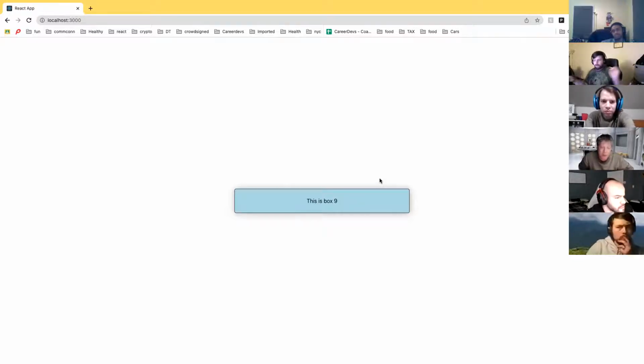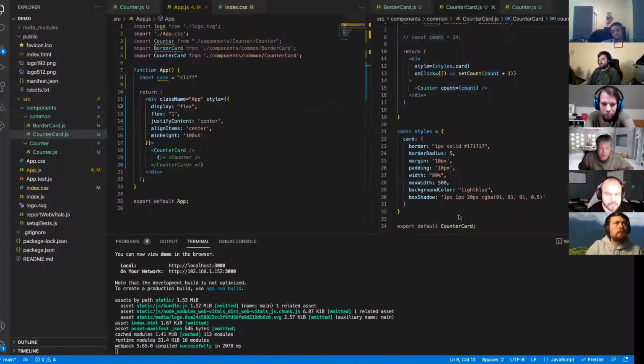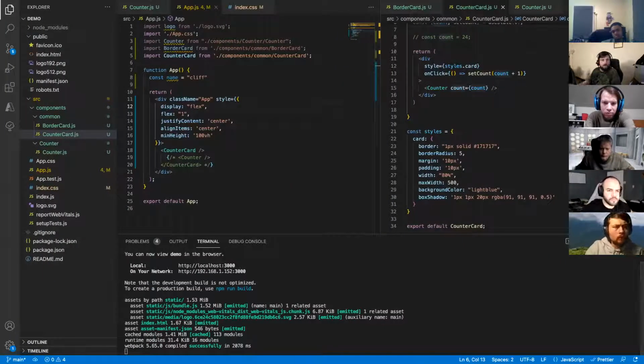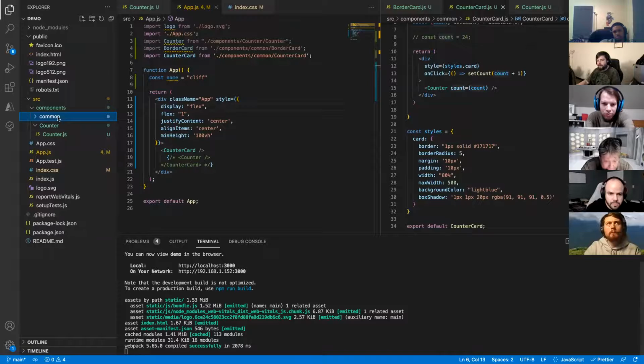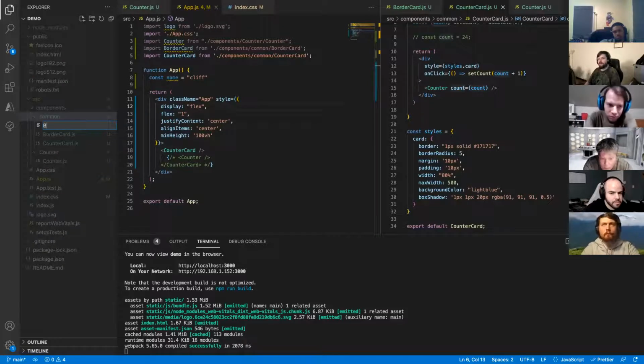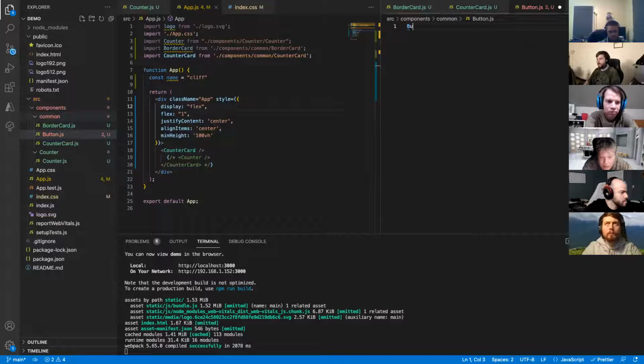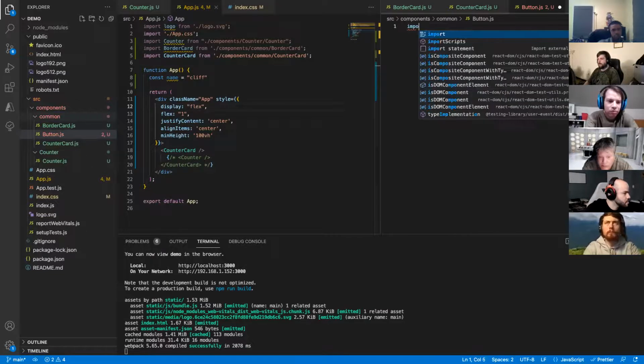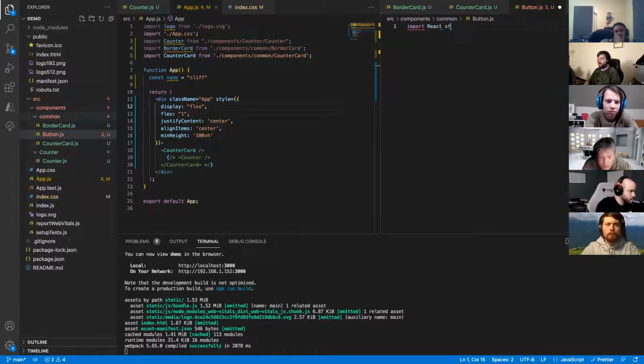So we're gonna go back to the original border box because we're no longer gonna have a click function on it, like we're doing here. We're just gonna have it print out the text we want to see. So we're gonna also bring in a button. What I want to do is bring in the next common code for you guys for the button that I have. So under common, file, button, S,